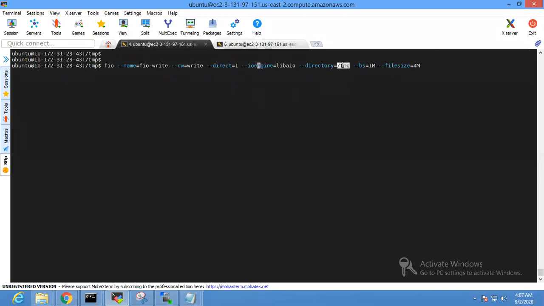So let's take an example. This temp is my mount point, or I have some share mounted on this particular client, and that is mounted in temp. What I'm going to do is write this file directly on this share. I'm not going to have client caching. IO engine is something that you have to define, and there are default values for Linux like libaio, which is predefined. Directory is where you want to write. Block size is the same as we discussed in dd. Now here you mention the file size. Let's run it.